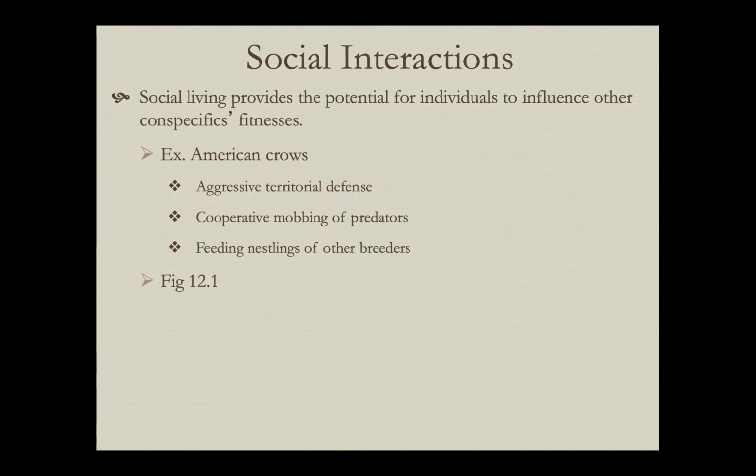When you live with a group of other individuals, there are a variety of ways that you can influence each other's evolution. So let's just take American crows, for example. In some regards, they can be very aggressive to individuals of their own species and defend territories so that only the family unit can have access to those resources, and they're very aggressive and selfish with regard to access to those resources against other conspecifics. But sometimes individuals on neighboring territories may drop that aggressive behavior and cooperate to, say, drive off some common threat.